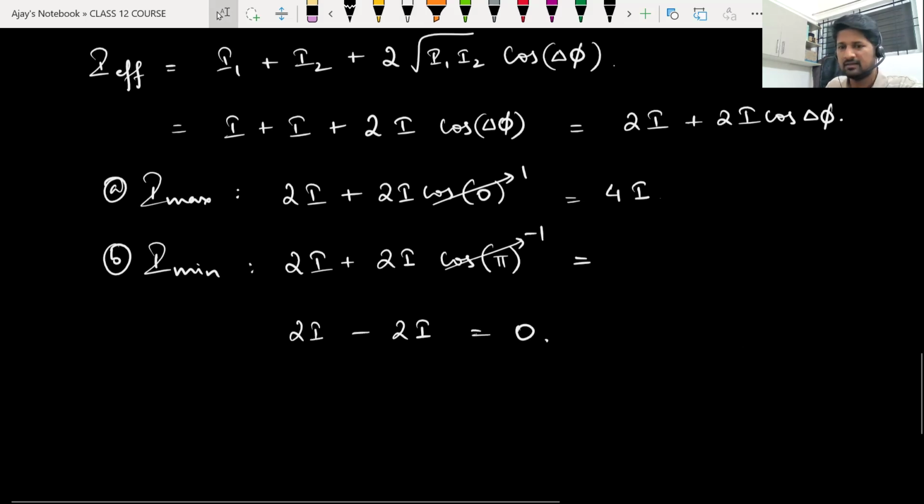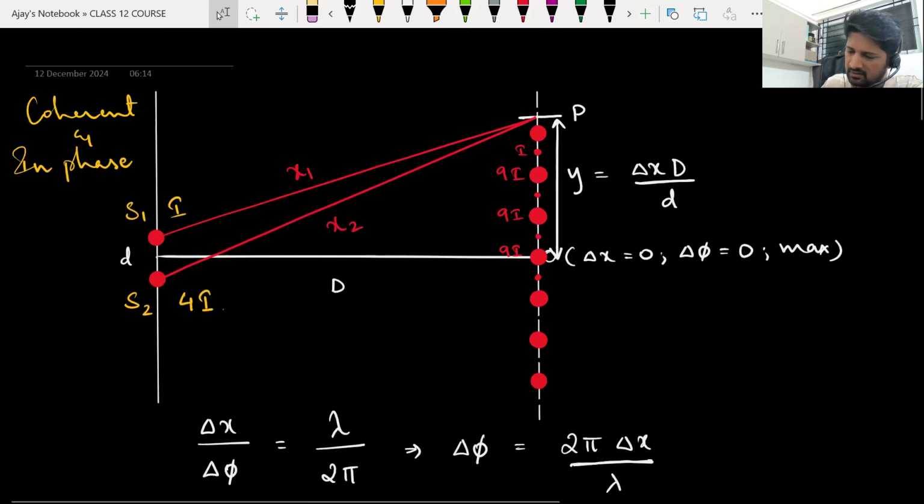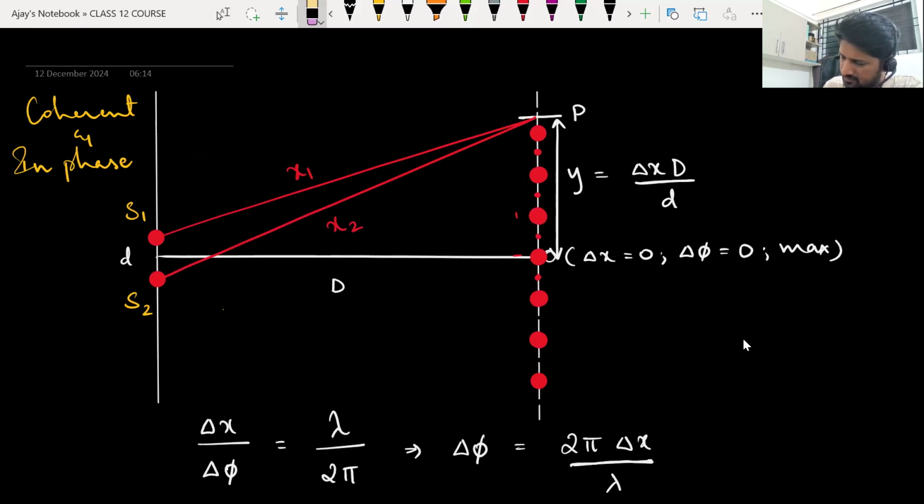Yes. So that is what you see in the simplest case of YDSE. If you take sources of equal intensities, let's say I and I, then at the maxima, you see a brightness of 4I. Okay, this is also interesting. If only the source S1 is switched on, you will see intensity I everywhere on the screen. And if only S2 is switched on, you'll again see intensity I everywhere on the screen. But if both sources are switched on, you will see bright spots of intensity 4I and dark spots of 0 intensity